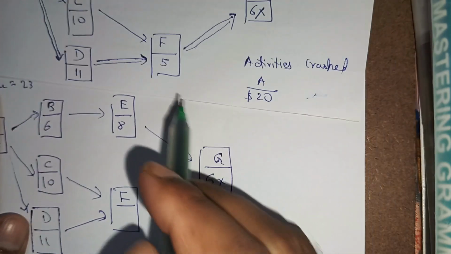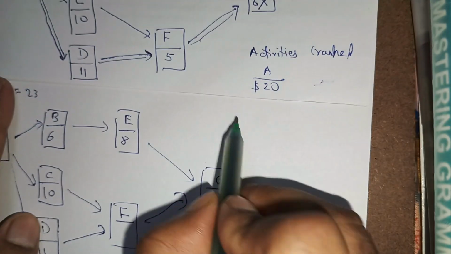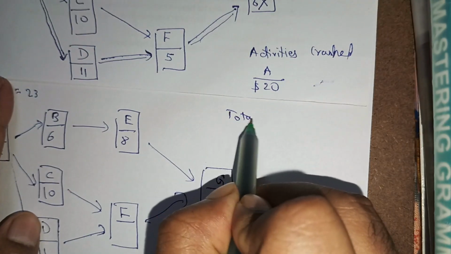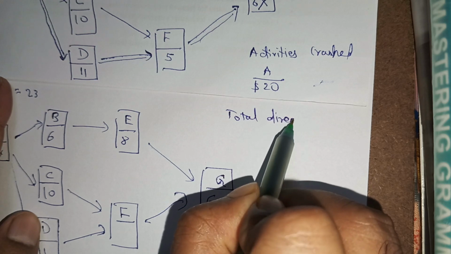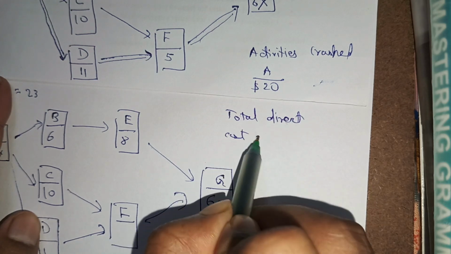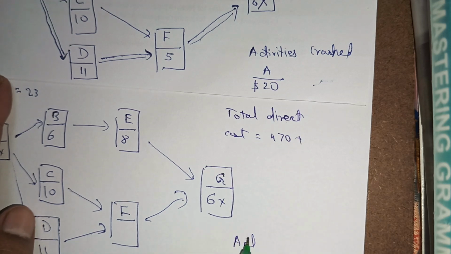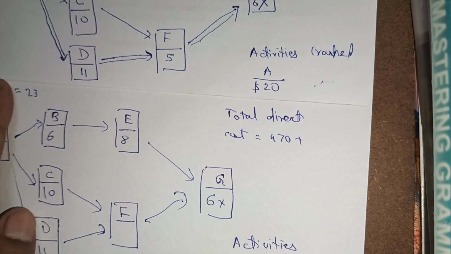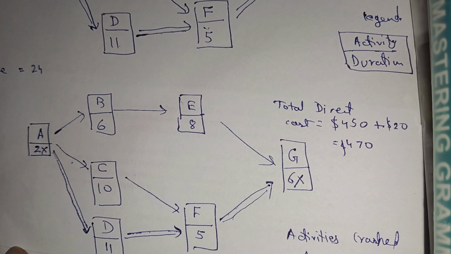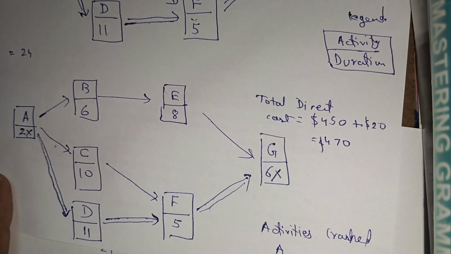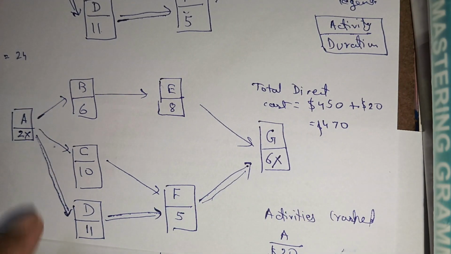Okay, so we need to write this again. Total direct cost will be 470 plus something, and the activities crashed we will see from this diagram, and then we will finalize. Okay, so now we need